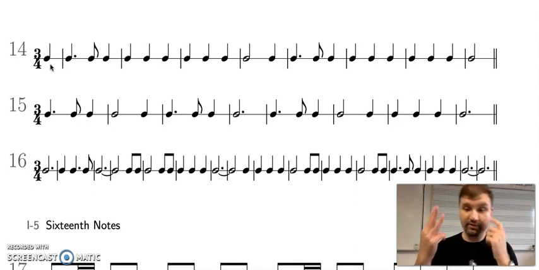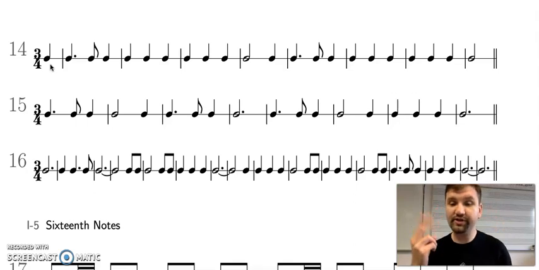It starts on beat 3, so I'll count 1 and 2, and then you go. Here we go. 1, 2, 3, 1 and 3, 1, 2, 3, 1, 2, 3, 1, 3, 1 and 3, 1, 2, 3, 1, 2, 3,